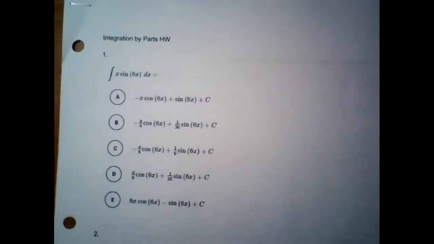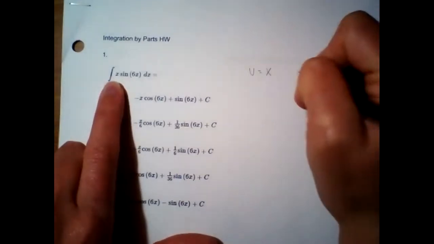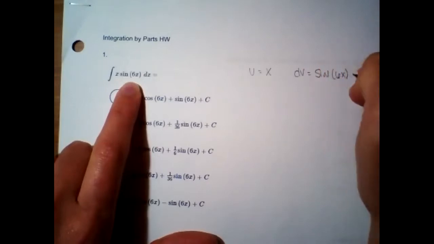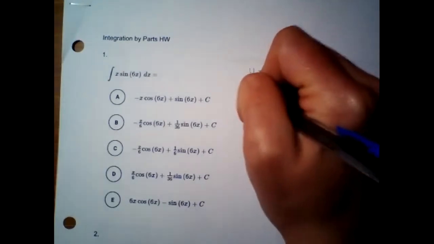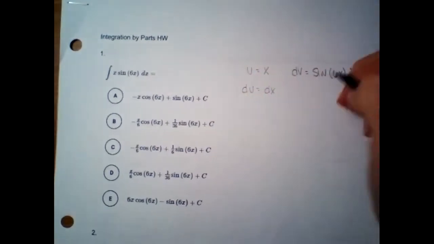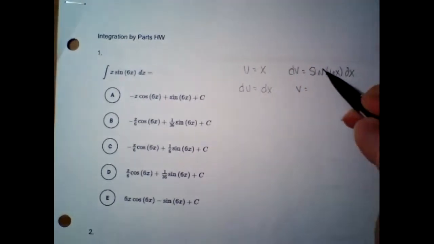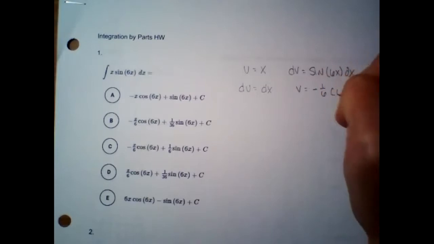Right, so for this first one, we're going to let u equal the x part, and then dv is going to be the sine of 6x dx. So then the derivative of x is just going to be 1 dx. And then to get v, we want to do the antiderivative of this. That would be negative cosine, but we're going to need a 1/6 to adjust for the 6 that is in there. So negative 1/6 cosine